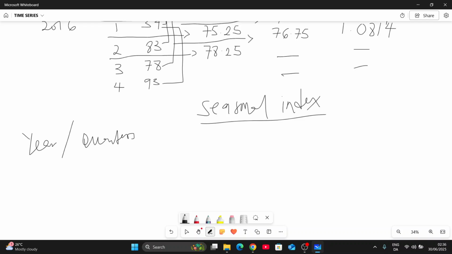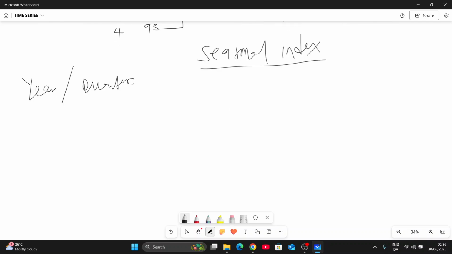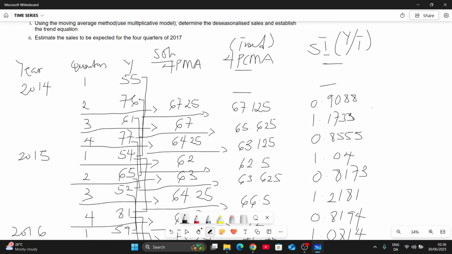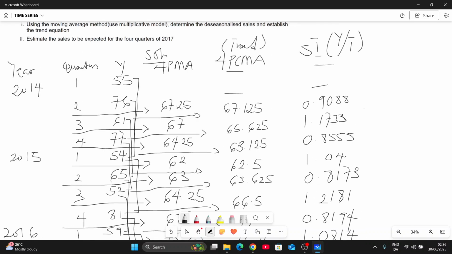We have 2014, 2015, and 2016. We have quarter 1, quarter 2, quarter 3, and quarter 4. So for the seasonal index for quarter 1 in 2014, we have nothing. Quarter 2 too. So it begins from quarter 3, which is